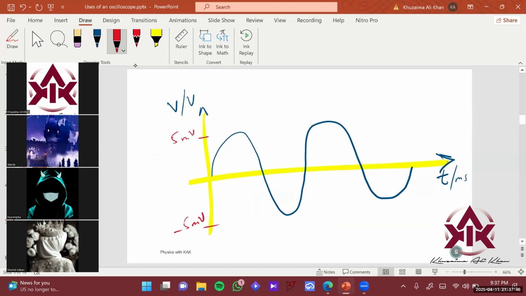What are the time-base settings? Let's say this waveform takes 1 millisecond to complete one cycle, right? And this is 2 milliseconds. This is the next cycle over here. Let's say you actually display this on the oscilloscope without any settings, okay? So you get this waveform. Let's say you want to see more cycles, right? You want to see more cycles, so you can reduce the time-base settings to see more number of cycles,